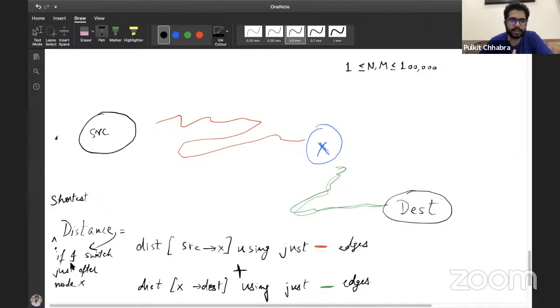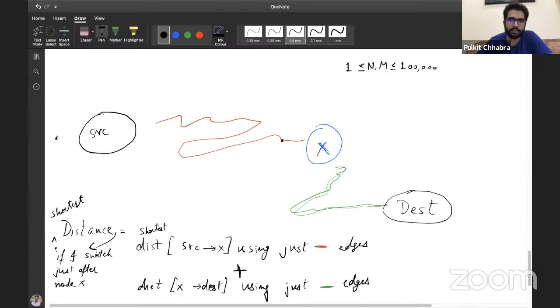So if I switch from red edges to green edges just after a particular random node x, the shortest distance is going to be equal to the shortest distance from source to x using just red edges.